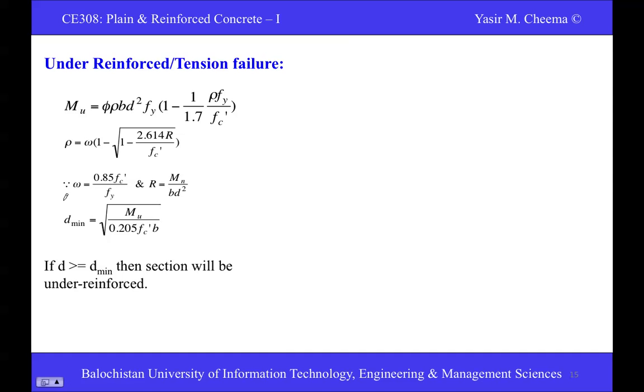फर्दर जब प्रोसेस करते हैं आप, d minimum आपके पास ये फार्मूला अल्टीमेट, आपने ये फार्मूला यूज़ करना है, बाकी नहीं। d minimum का फार्मूला यूज़ करना है, ये d minimum है। इफ़ d इज़ ग्रेटर देन d minimum, द सेक्शन विल बी अंडर रीइंफोर्स्ड।